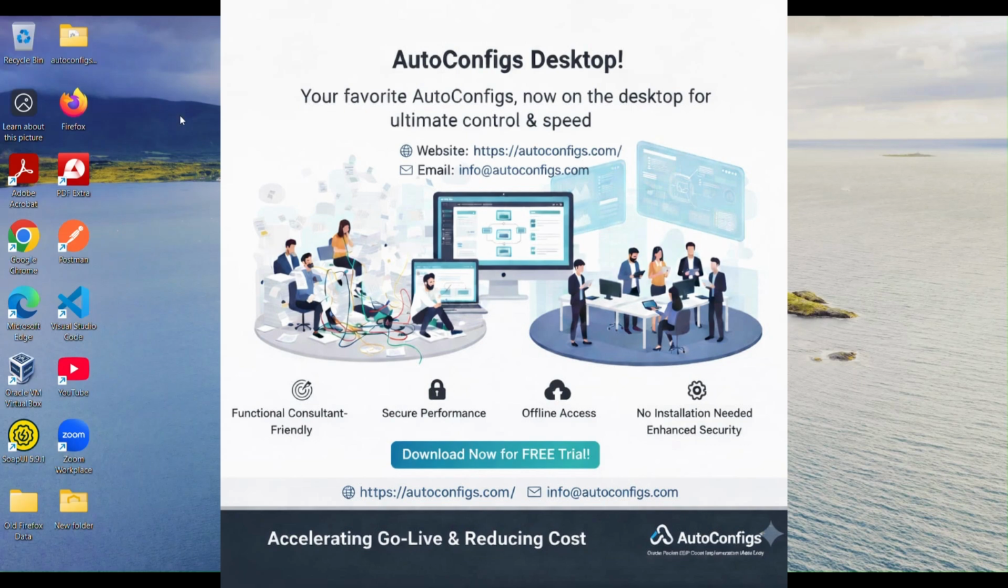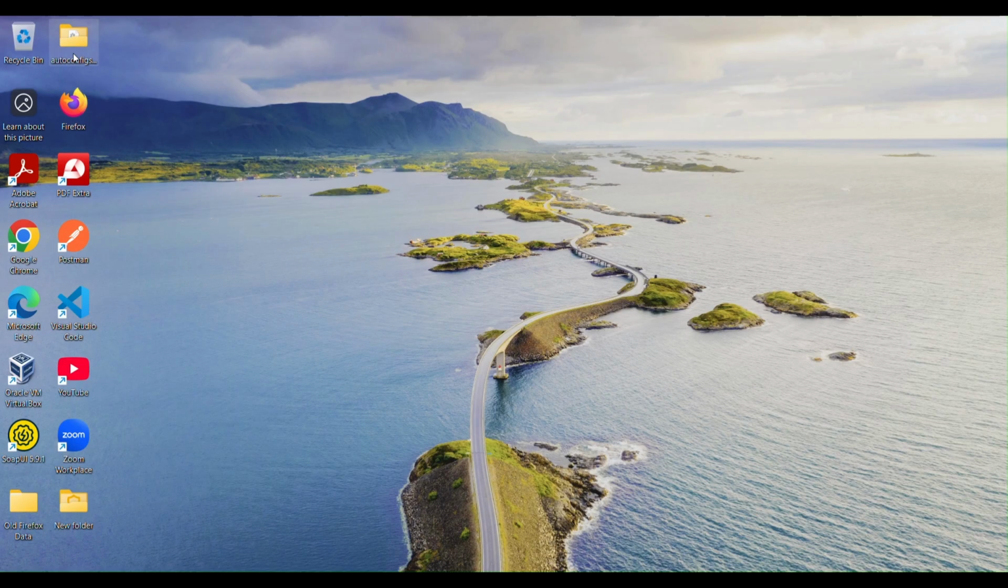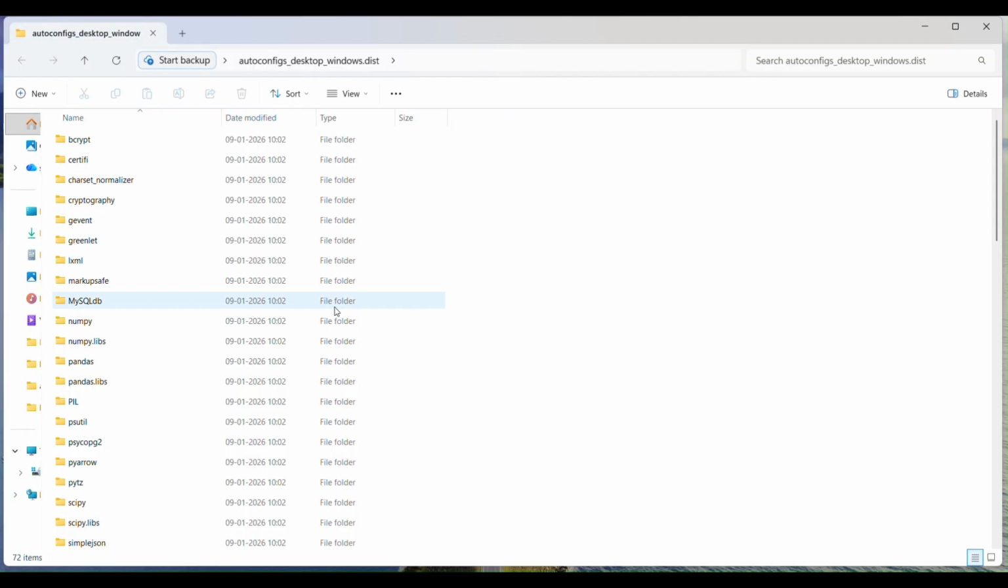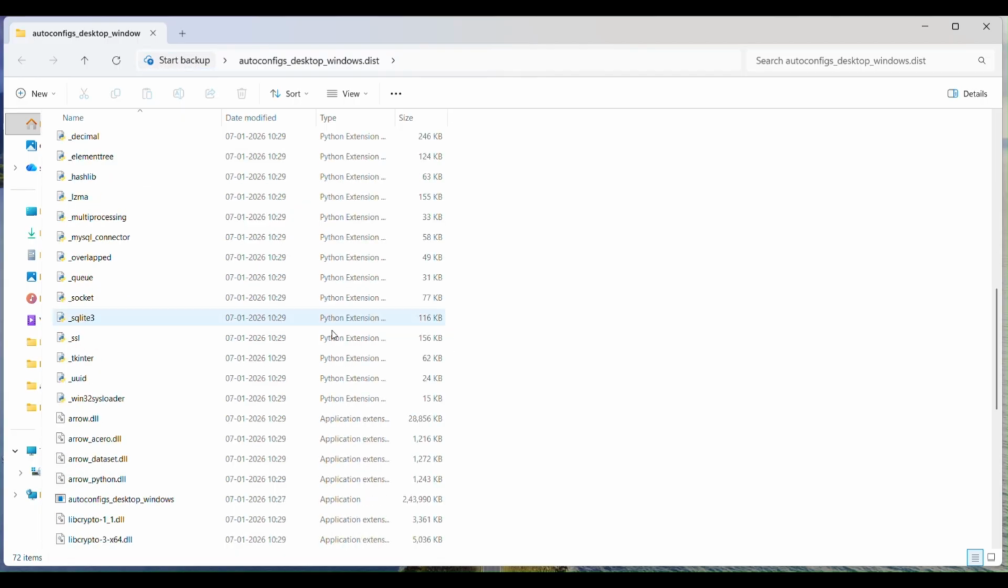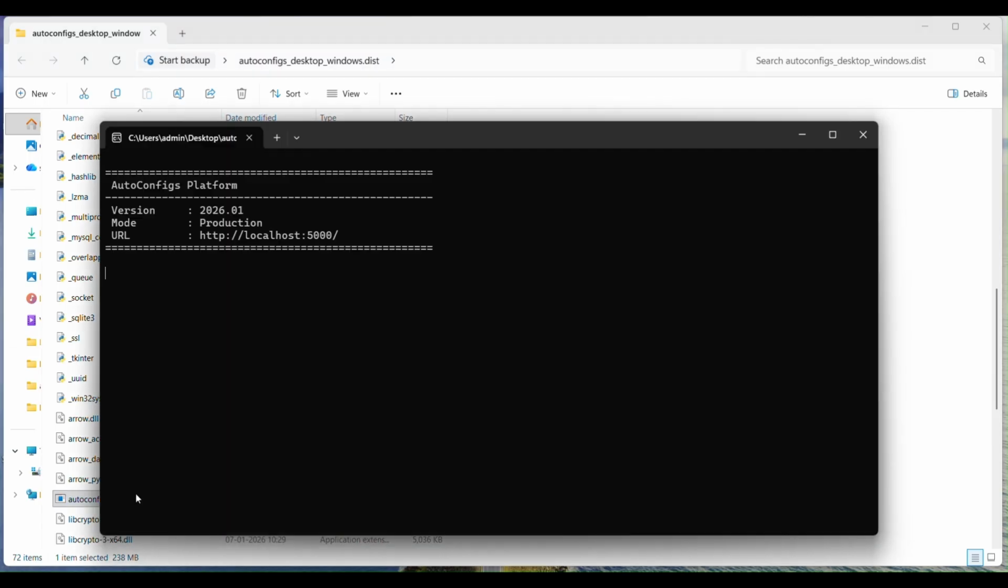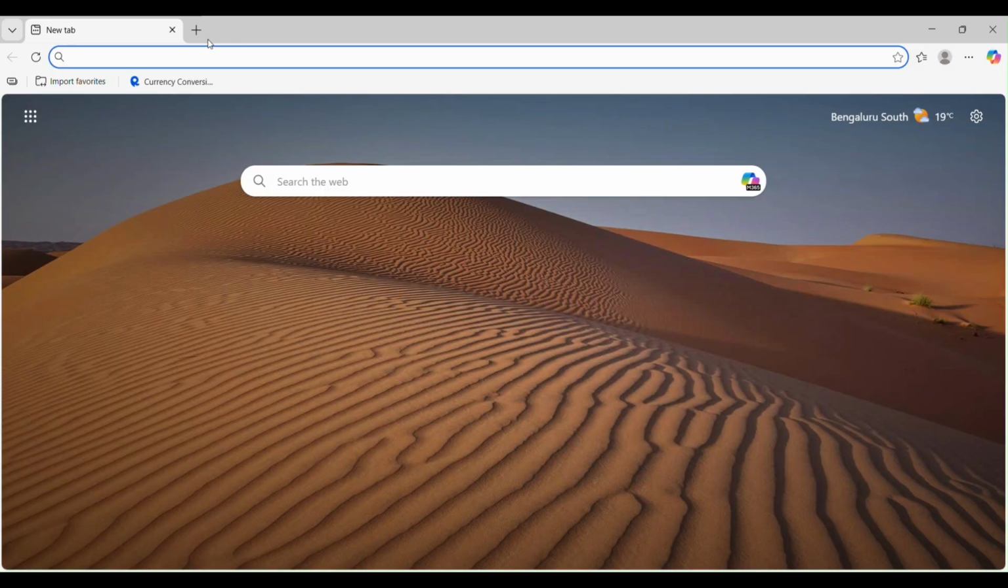AutoConfig desktop version. So we download the zip file and you unzip the zip file and it creates a folder. Now open the folder, navigate down and open the AutoConfig desktop window. So if you double click on the exe file, it opens this terminal. So once the terminal is open, copy this URL and paste into your browser